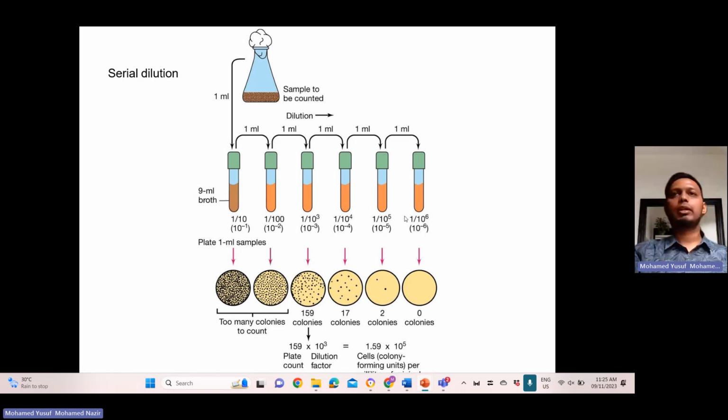The same condition applies to the other dilution methods. So for bacteria, normally we take around 10 to the power of -3, -4 to -6, depending on how severe the contamination of the microbes is. For food samples, this is a good range for us to take, normally from 10 to the power of -3 up to -4. This is the range that we normally take to measure the number of microbial growth. And then from here we can measure the number of cells or colonies.